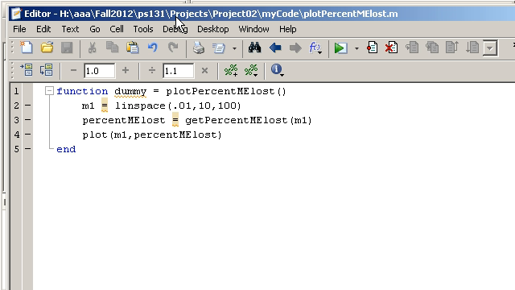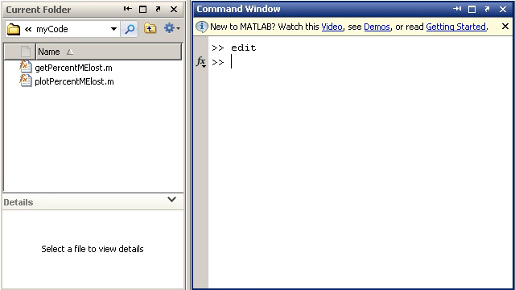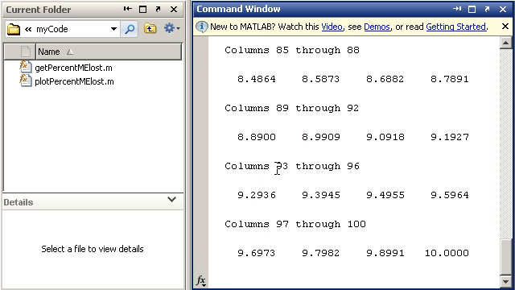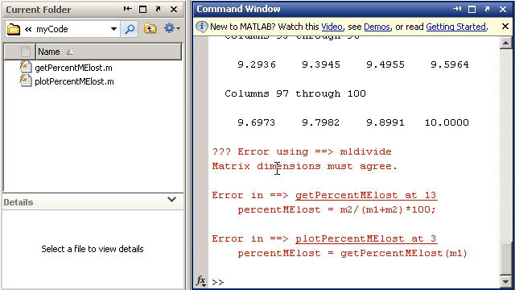So I think I'm actually in a position to try running this. I'm going to go to MATLAB command window and say plot %me lost. Open, close. It actually takes no arguments, and see what happens. So there's something it didn't like in there. Let's